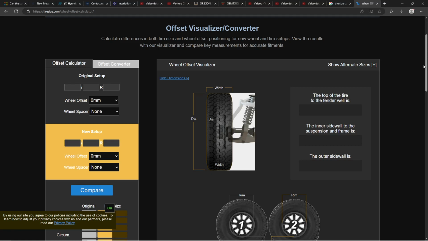So always try to look for a smaller offset number, especially in modern cars, but don't go too far away from your standard offset.